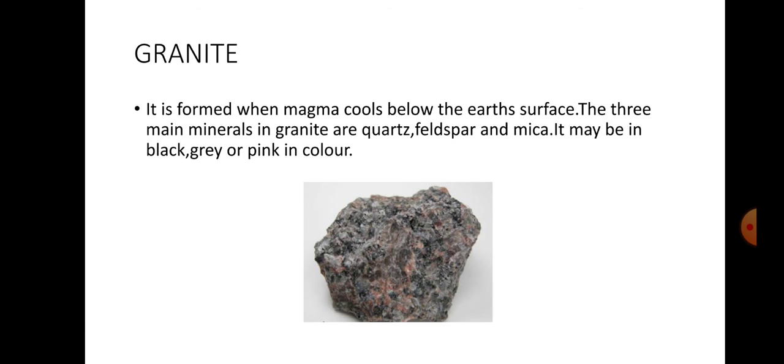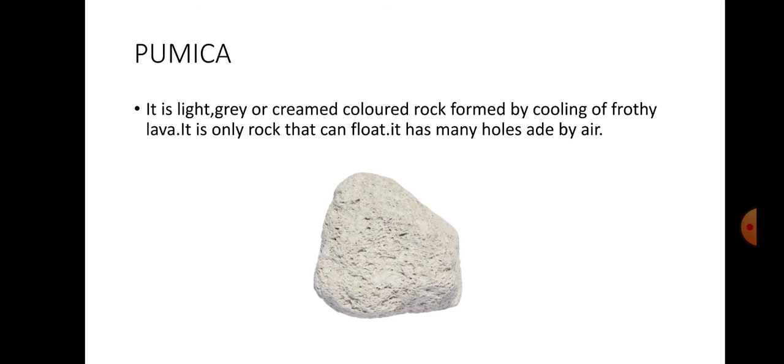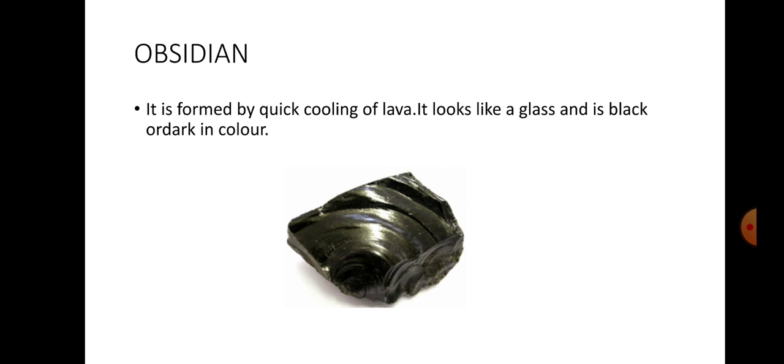Your activity in this lesson is, as you did for the layers of soil, to collect some different types of rocks and try to find out whether any igneous rock is there or not. If you find any igneous rock, list out in your classwork what features made you identify it as igneous. In the coming class we are going to discuss the other types of rocks and their features.